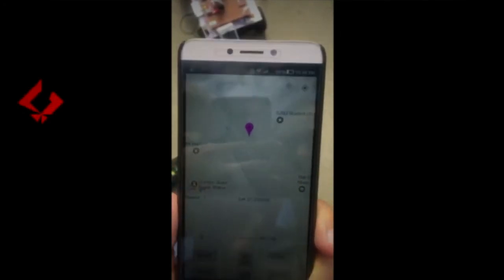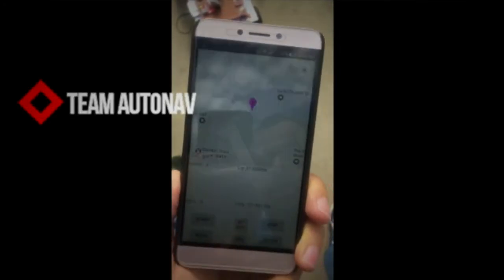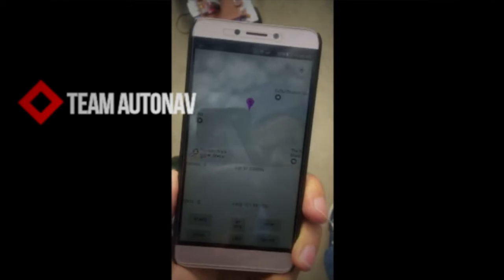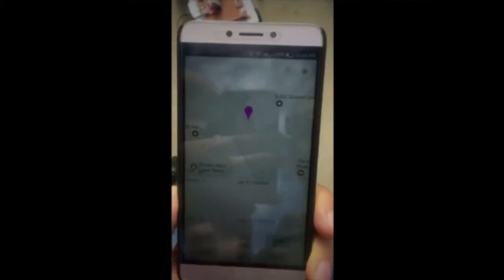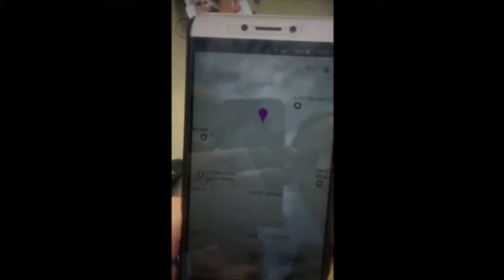Hello everybody, this is the self-driving car submitted as part of the CMPE 243 course at San Jose State University. We are team AutoNav. As you can see, this is our Android application through which we are going to control